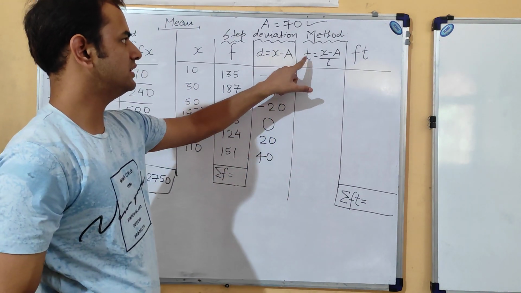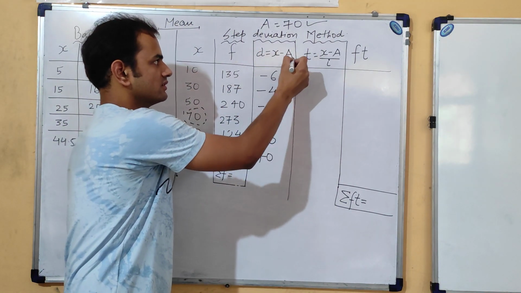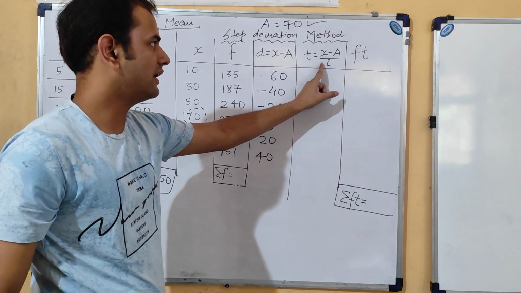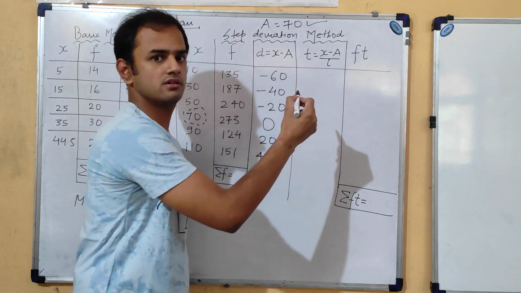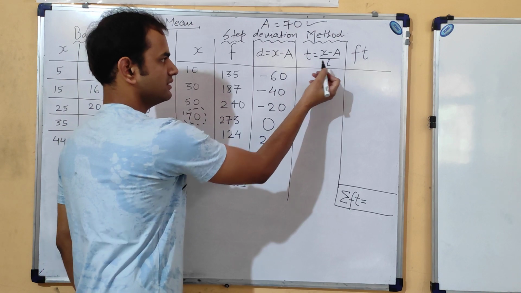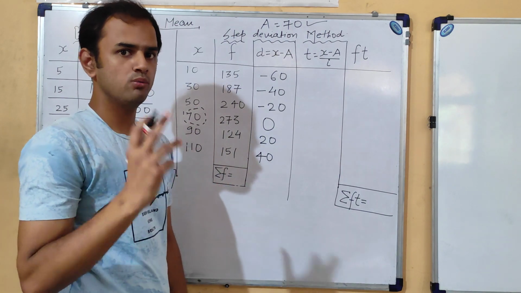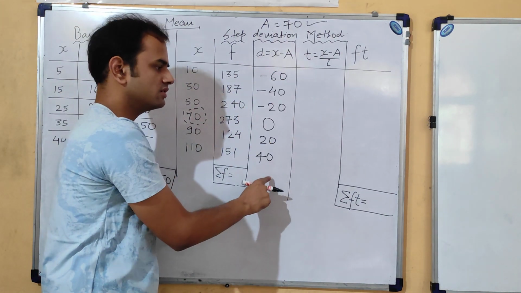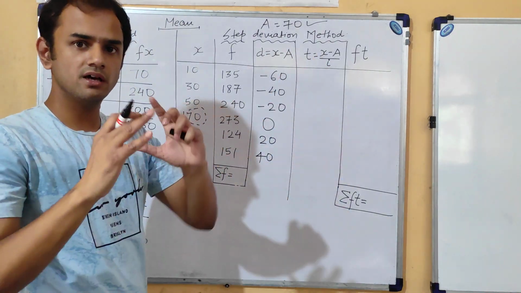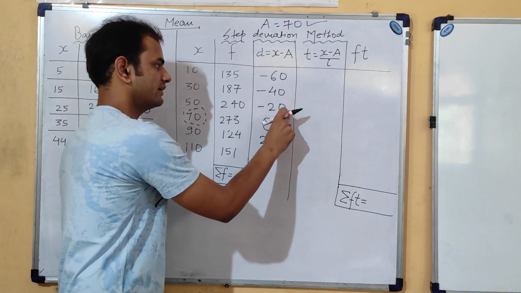Now you have to look for this t. What is this t? This t is basically the value of this d, which is x minus a, divided by this i. Now the question is, what is this i? What does this i stand for? So this i is basically, just listen to me, this i is the maximum number by which you can divide all these numbers. I'll explain once more. This i is the number of maximum value that can divide all these numbers, right?